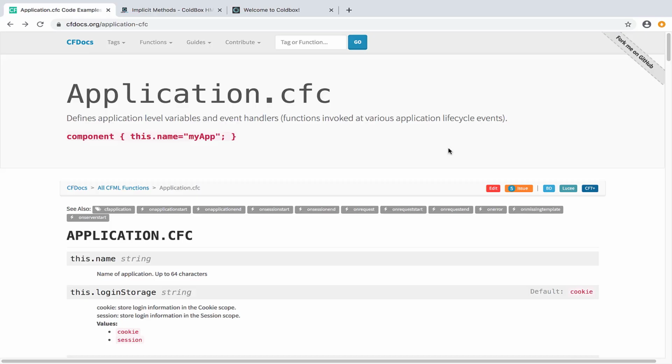Application CFC files have implicit methods in them. That is to say, methods that if you create them, they'll automatically run at different times during the life cycle of your CFML application. For example, on application start, on request, on session start, on request end, or on error. You don't have to call these methods directly. The CFML engine fires them internally or implicitly when appropriate as your application runs and different events happen throughout the